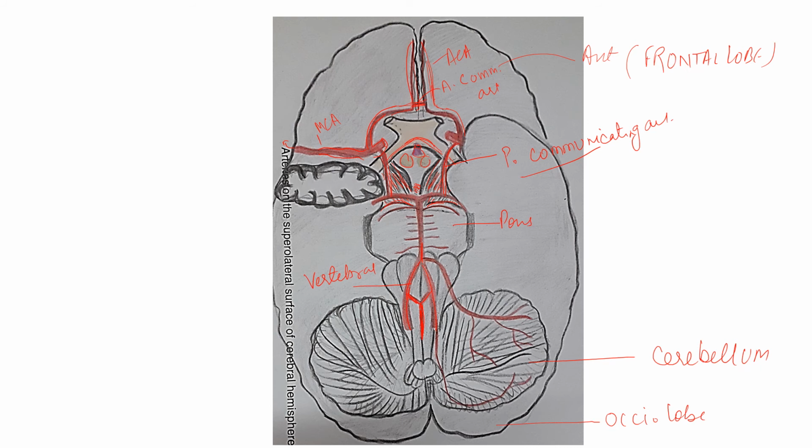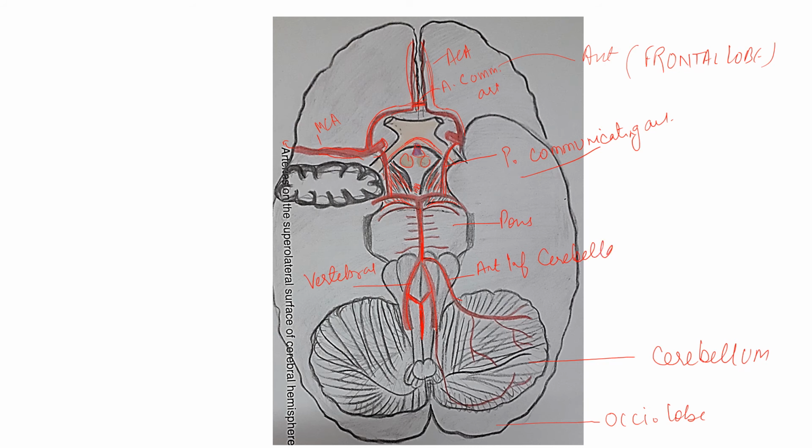Okay, after formation of the basilar artery, you are seeing here this basilar artery is giving some branches. So this basilar artery is giving its first branch, that is your anterior inferior